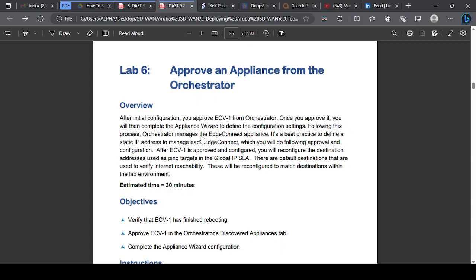Orchestrator manages the Edge Connect appliance. It's best practice to define a static IP address to manage each Edge Connect, which you will do following approval and configuration. After the ECV is approved and configured, you will